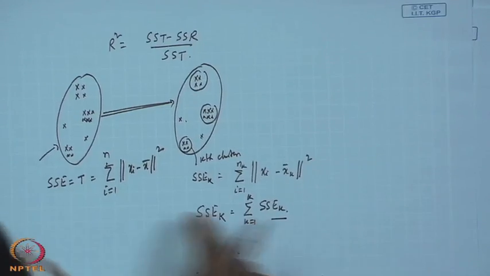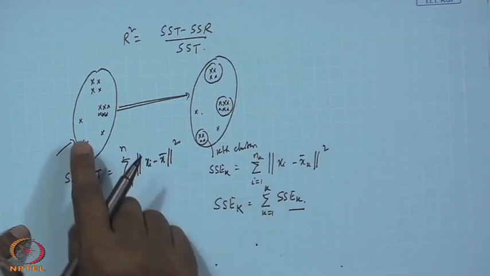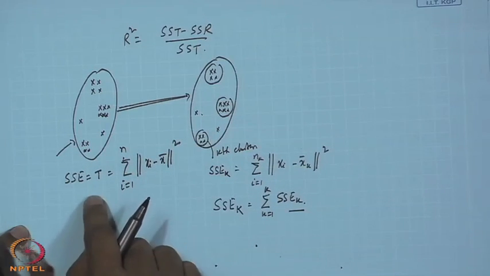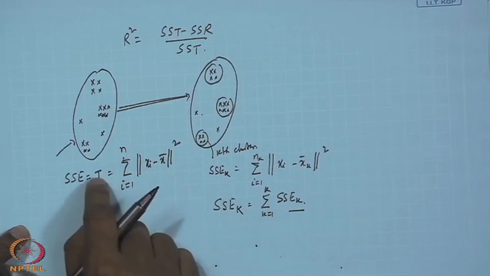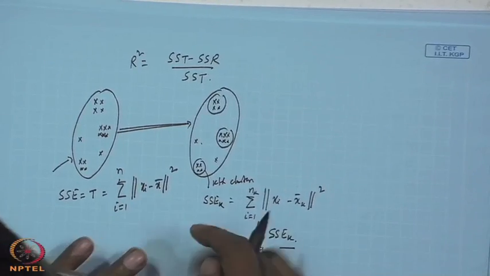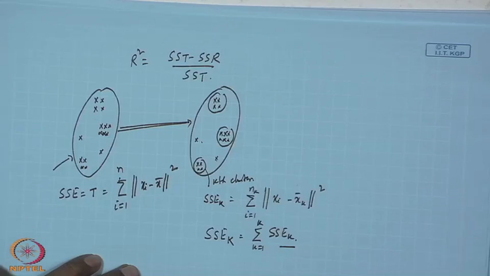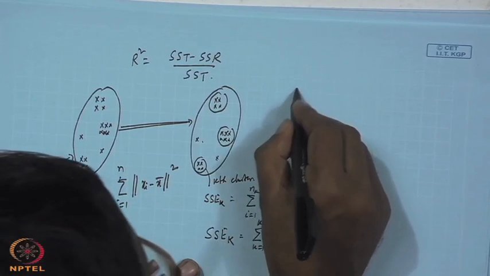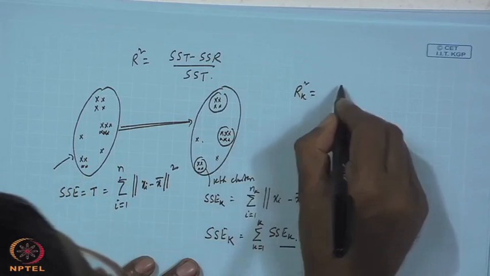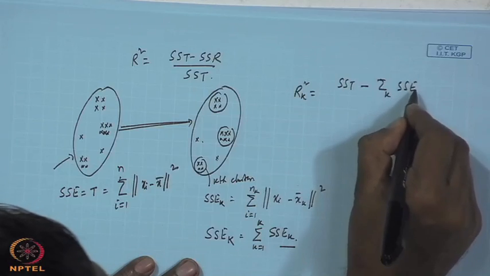As you have created 1 to k clusters, ultimately this will reduce, changing from this one to this one, as in regression, where it reduces the difference between the predicted versus original. In the same manner, we can create R k square, which is SST minus the sum of SSE k,